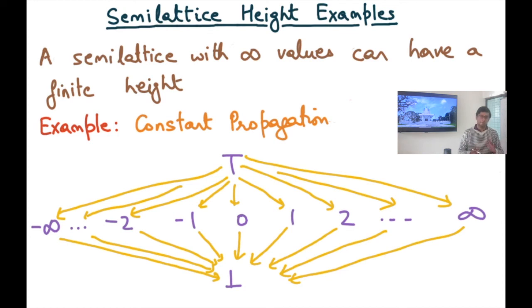We have seen examples of both cases, where it is infinite and where it is not infinite. In fact, in our previous examples, we saw an example where the size of the set was 2 to the power n, but the height was n. All right, so all kinds of different semilattices are possible.